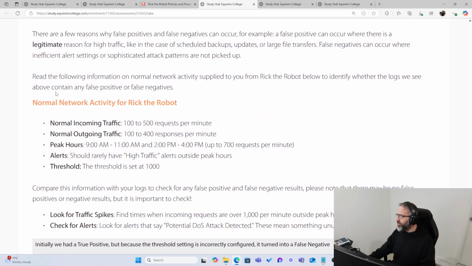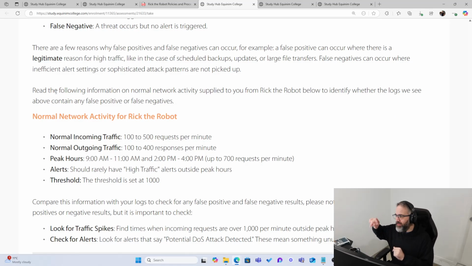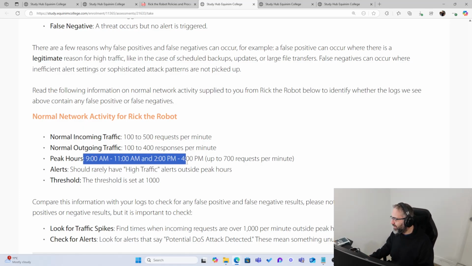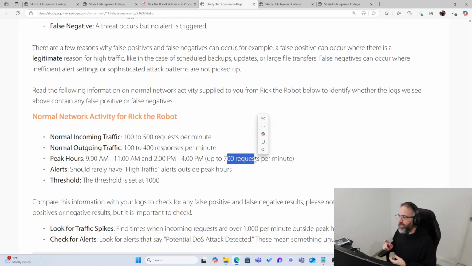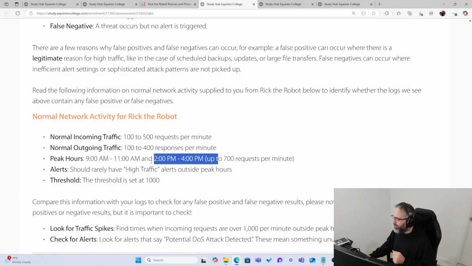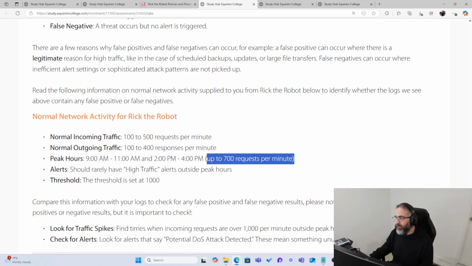And now we know that that traffic is not good traffic for that time, because we get a peak at that time. So we do get up to 700 requests per minute. We do get a lot of traffic, but not that much. So what we'll do is usually before something like this happens, we'll have a baseline. So we'll measure traffic, and we'll notice that we do have a bit of traffic around that time. So there's a bit of a peak between 9 a.m. to 11 a.m., 2 p.m. and 4 p.m. But between 11 and 2, we shouldn't get those peaks, because I think people go out for lunch,